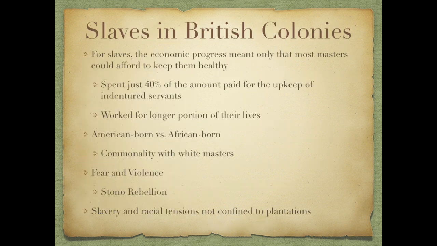For slaves, economic progress in the colonies meant only that most masters could afford to actually keep them healthy. Masters usually spent just around 40% of the amount paid for the upkeep of indentured servants. Black slaves, or African slaves, worked for a far longer portion of their lives than white indentured servants. Children began working as part-time helpers as early as the age of 7, and those who were over 60 were spared hard labor. However, most didn't make it to the age of 60, and so just worked basically until they